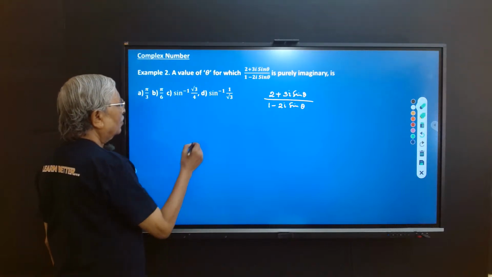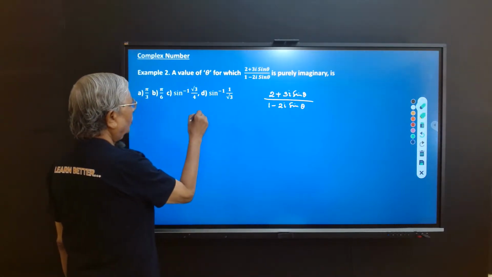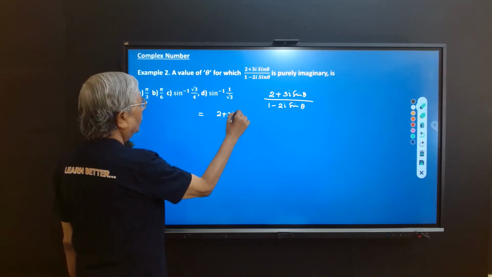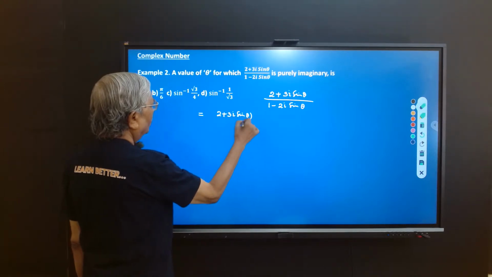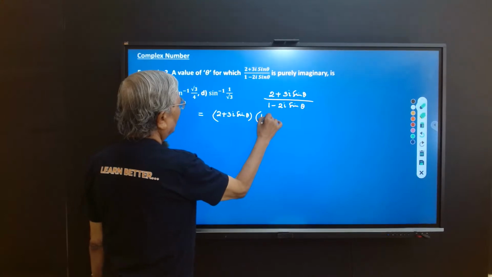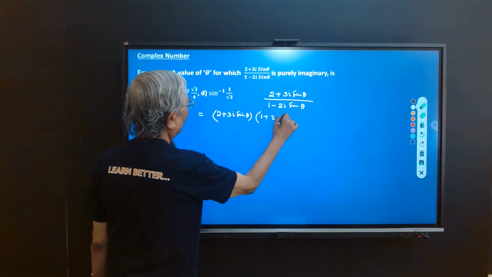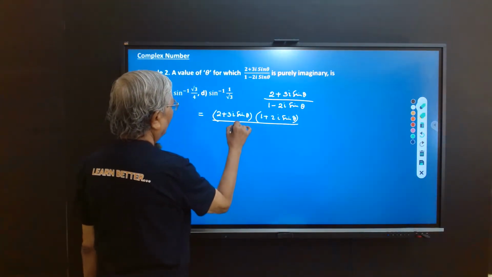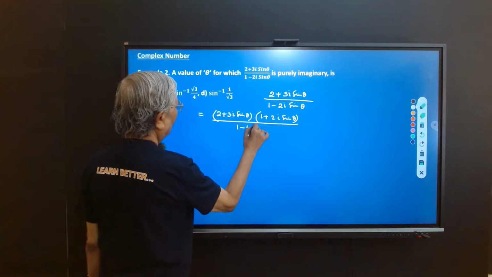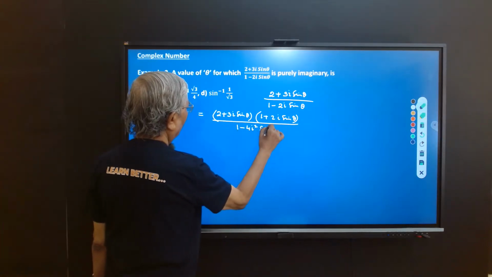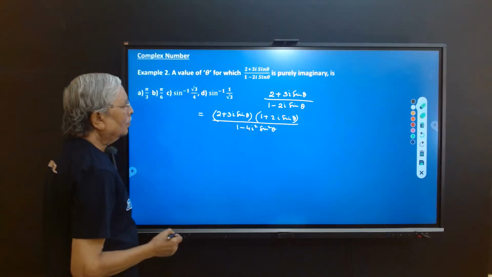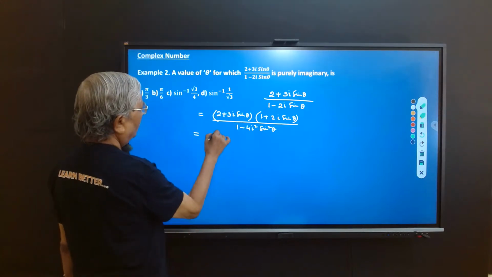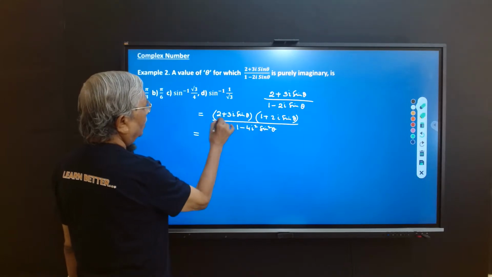Let us write it like this. This is equal to